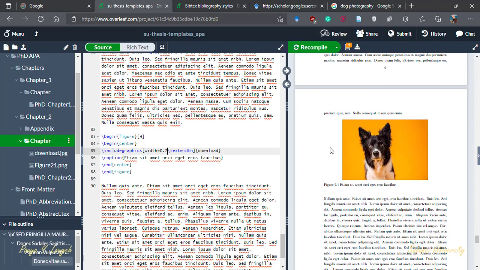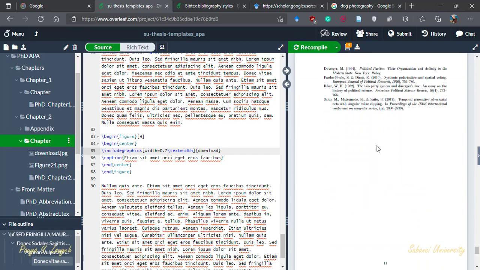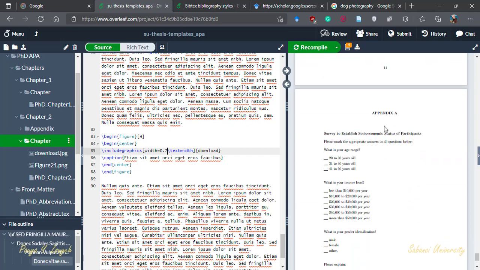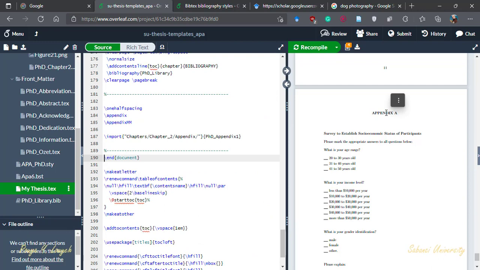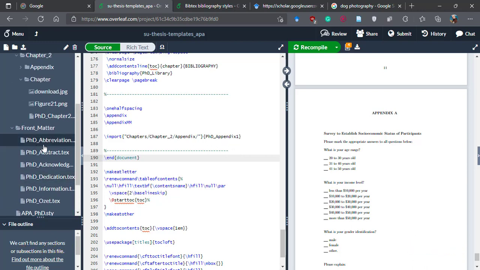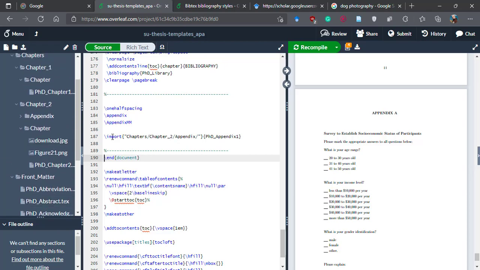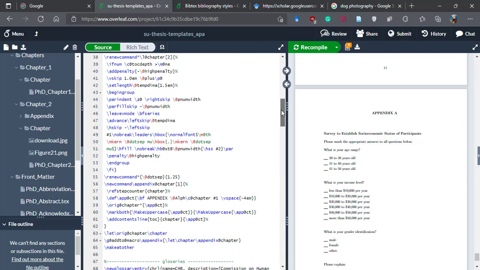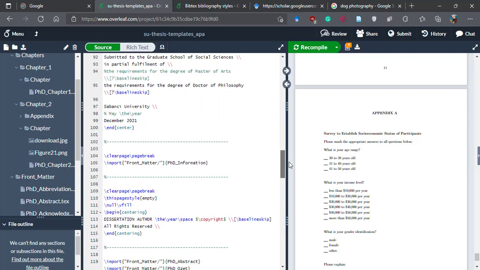Okay, what else I can tell you about the bibliography? I already explained. Appendix, you can work on it yourself. So the only thing that I should mention, you just double click on that, and it is in the My Thesis text, and it is in here. Import Appendix 1. So if I go through the text file, so I went to the